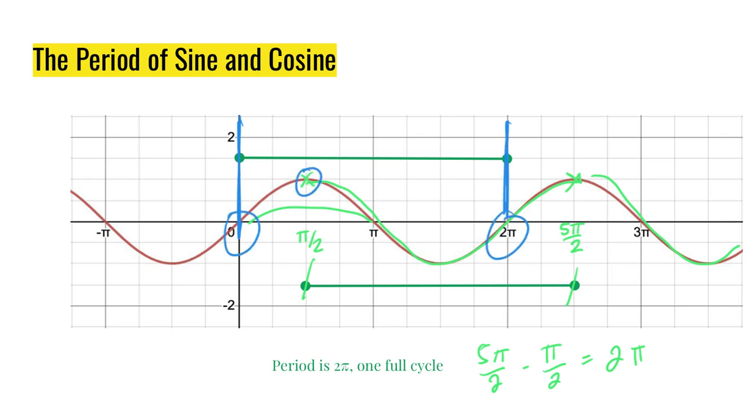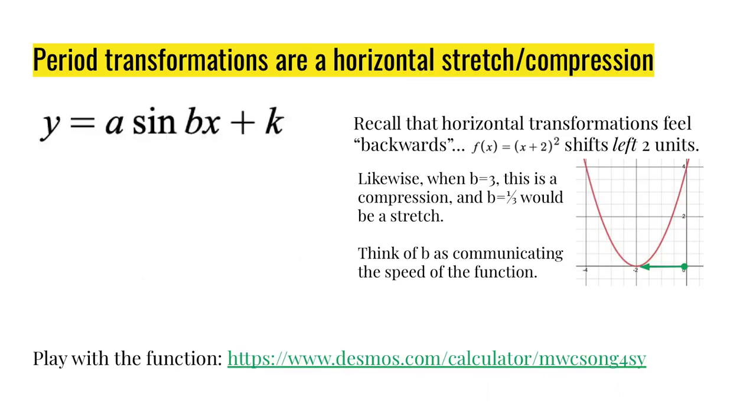Sometimes it's easier to look from maximum to maximum, and sometimes it's easier to start at x equals 0. You look at the point on a graph which is easier for you to identify. When we do period transformations inside of a function, we need to remember that these are a horizontal stretch or